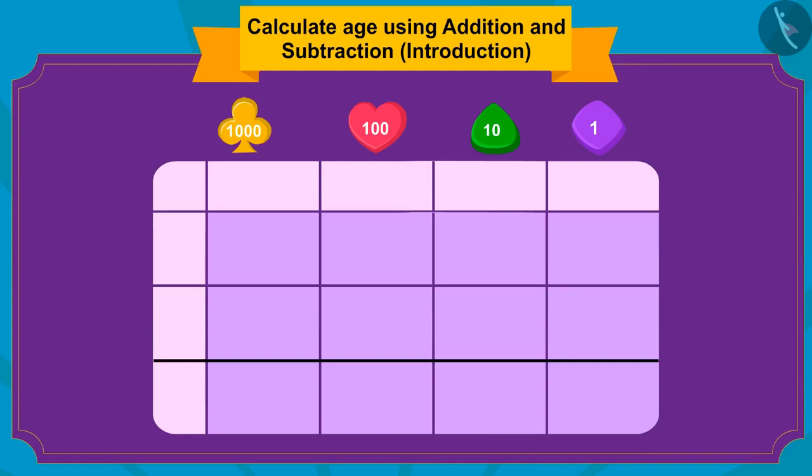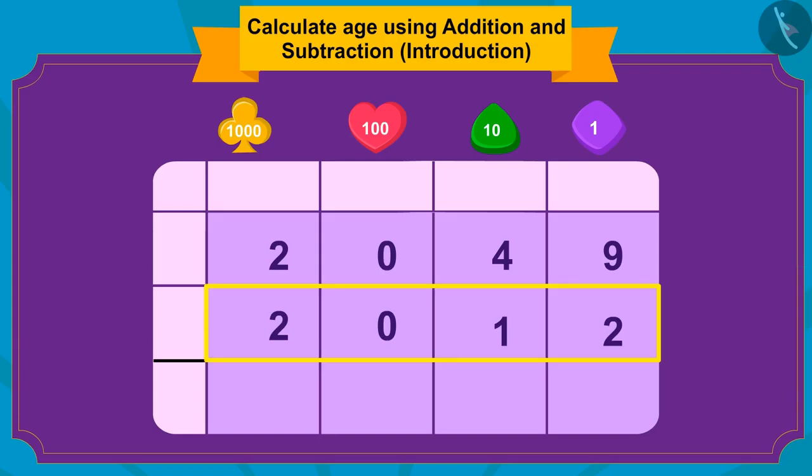What future year is here? 2049. And in which year Raju was born? 2012. So, what do we have to do now? Yes, we have to subtract 2012 from